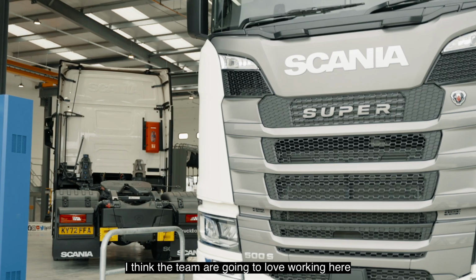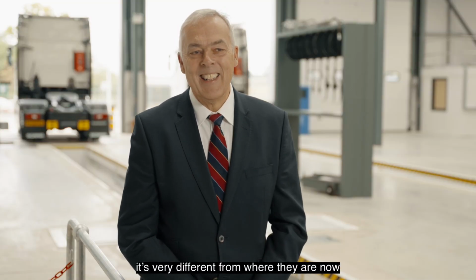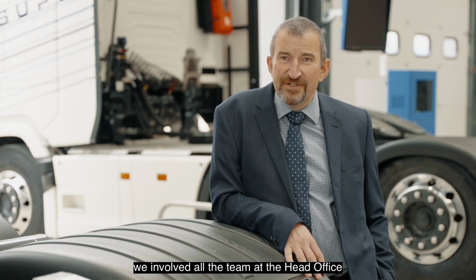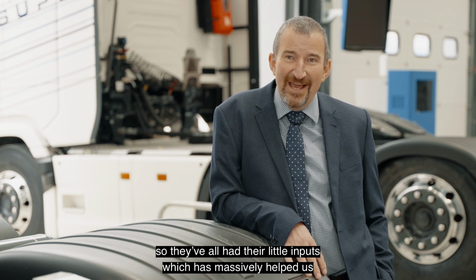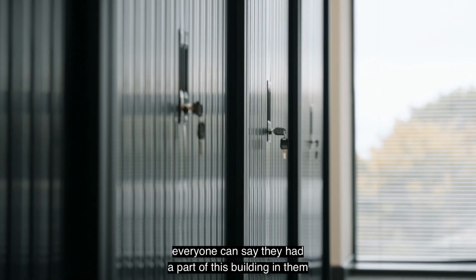I think the team are going to love working here. I hope they'll be wowed really. It's very different from where they are now. We involved all the team at the head office, so they've all had their little inputs, which has massively helped us. So when we finally move in and this place starts working,